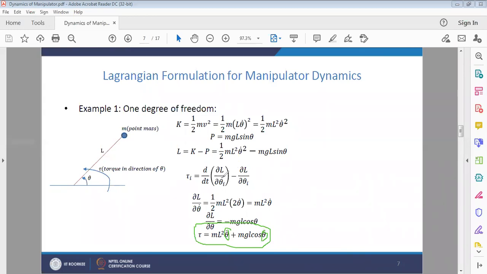As I told you, this mathematical equation for torque is used for designing the size of the link, the link length, and how much mass is required for the link. This torque is also used for the control systems, and for computer simulations, this torque equation is used in the program.